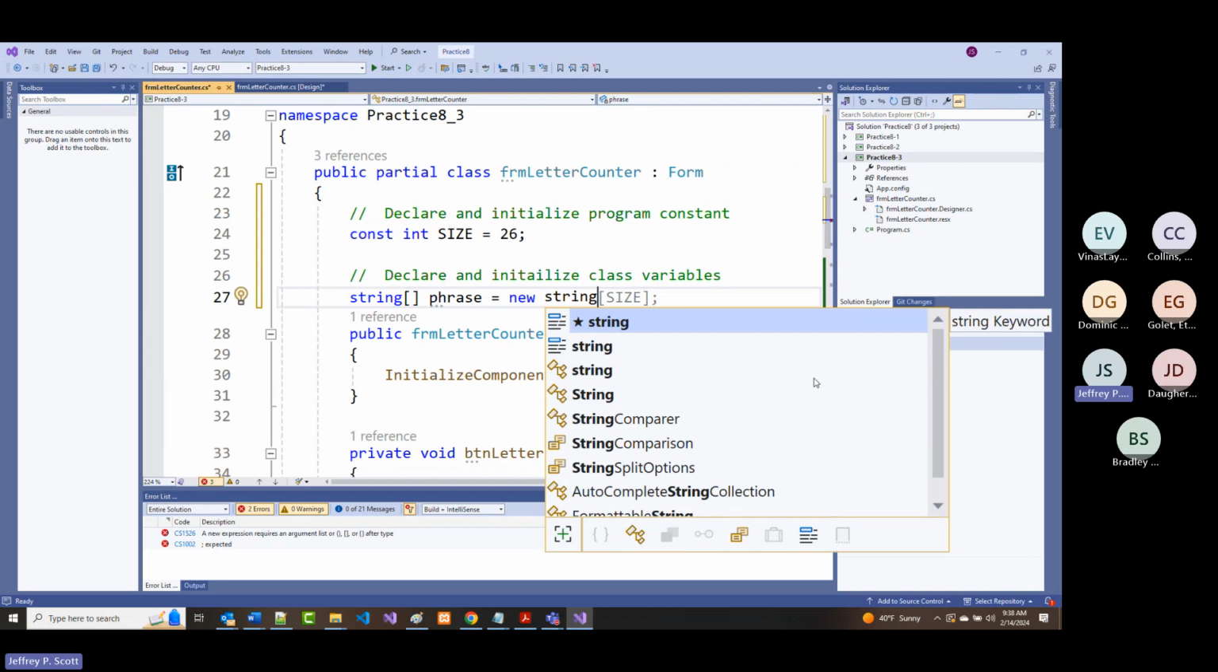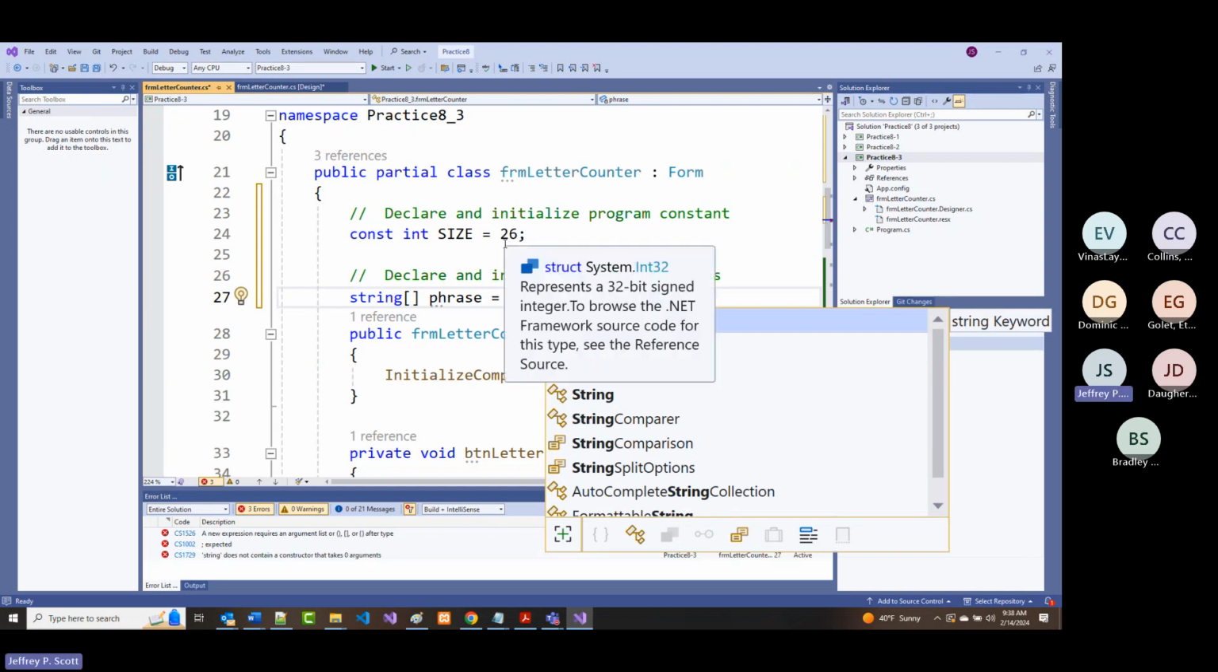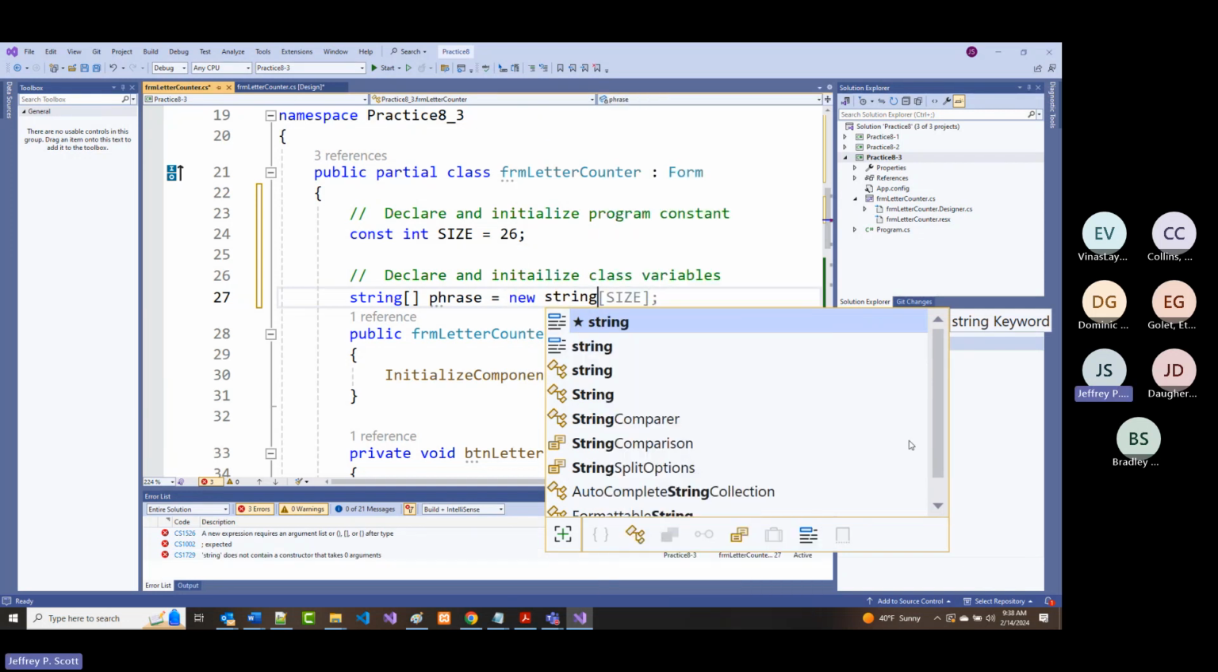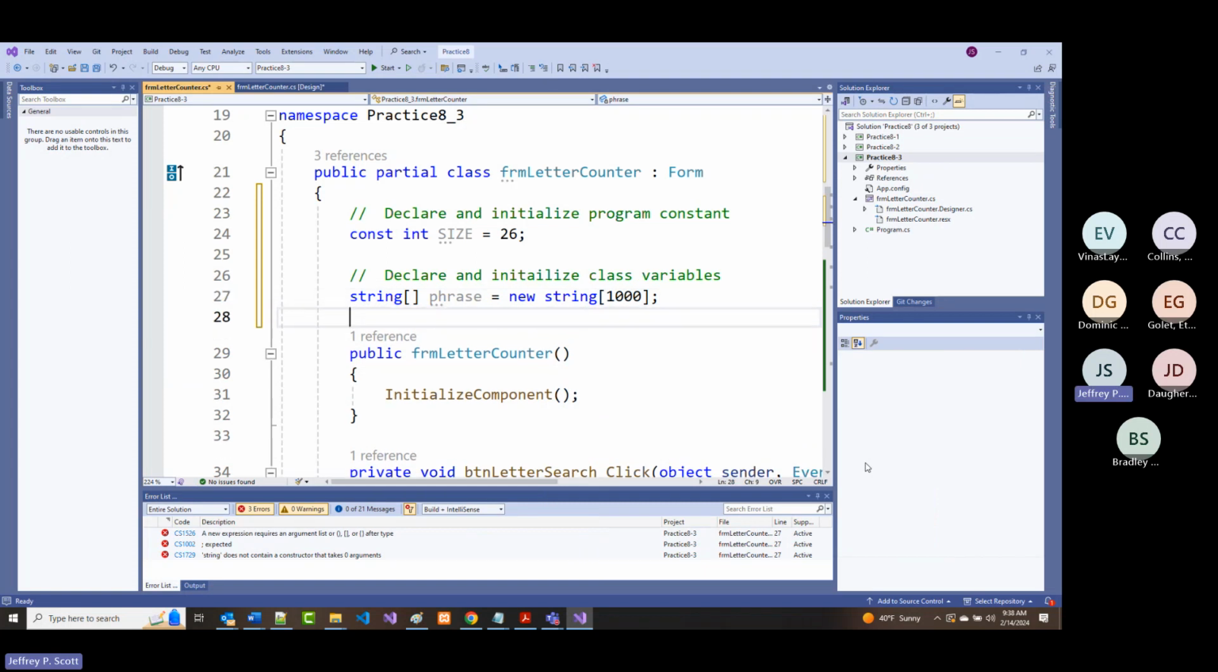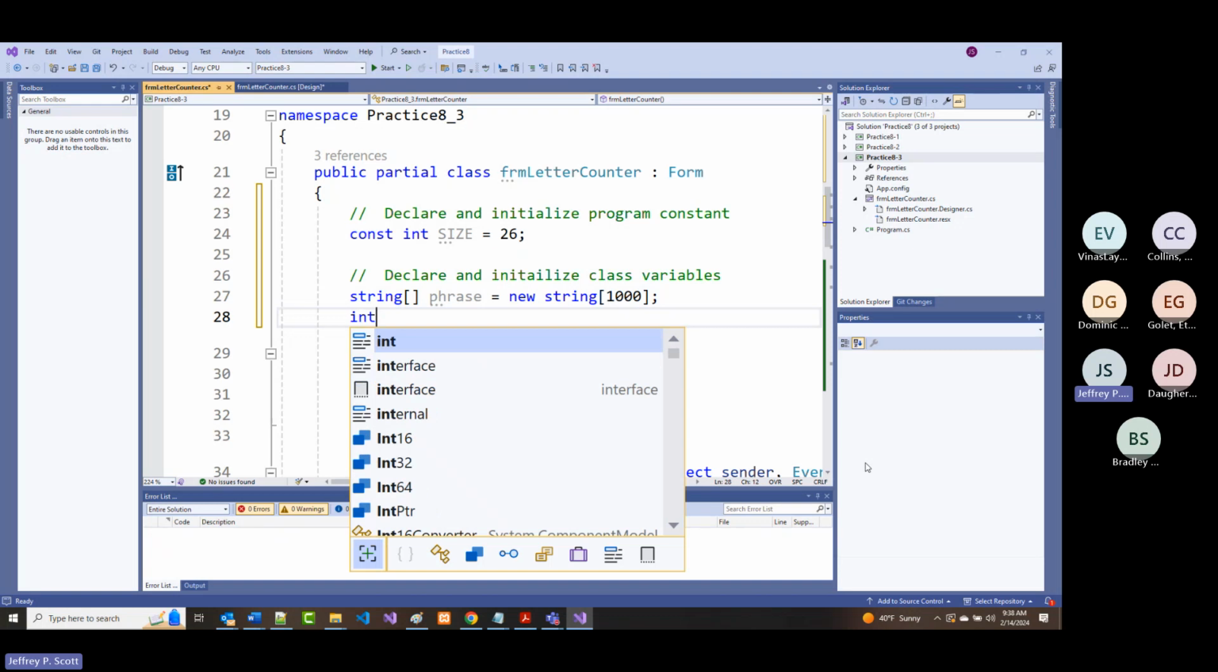All right. I wouldn't make it 26 there. Okay. Let's say, for example, I want to hold up to 1,000 characters. I can do that. All right. That should be plenty big, at least I would think. All right. Then I had an integer string